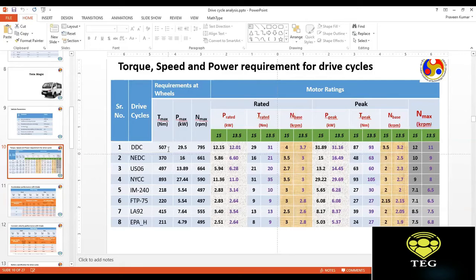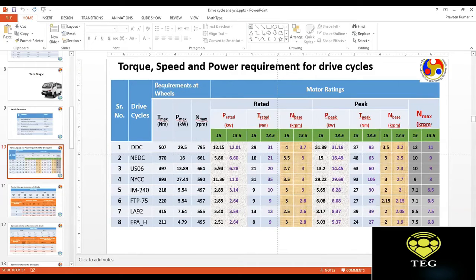So if we take an Indian electric Tata Magic and sell it in Europe, we have a problem. If we take a European vehicle with a European drivetrain and bring it to the Indian market, we again have a problem, because the power and torque demands of these two locations are entirely different, and that happens because of the traffic conditions. That point comes out very clearly when we apply it to a specific scenario. And here the scenario is the Tata Magic vehicle that we took.